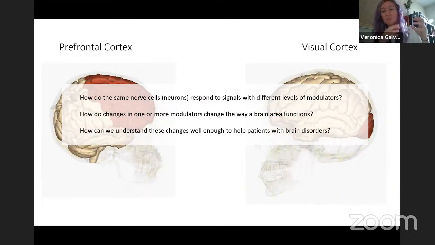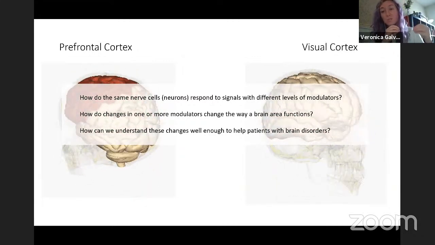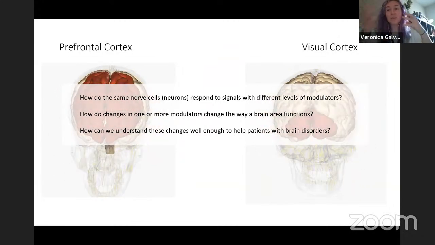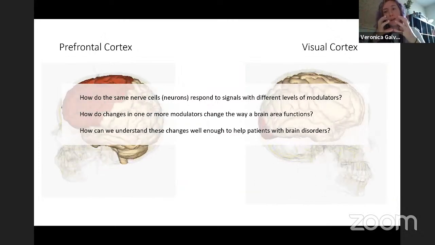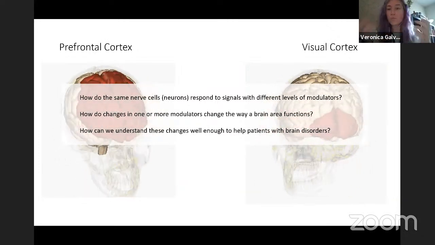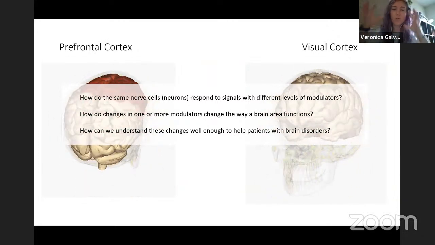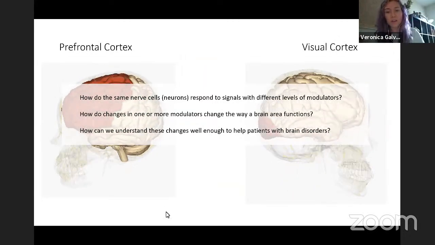So we can take some of the things we learned, let's say from looking at two different cells and the way those communicate, and then use math to say, okay, what might this mean about how these things might change the way that a whole brain area would respond differently to these changes, or the whole brain itself,